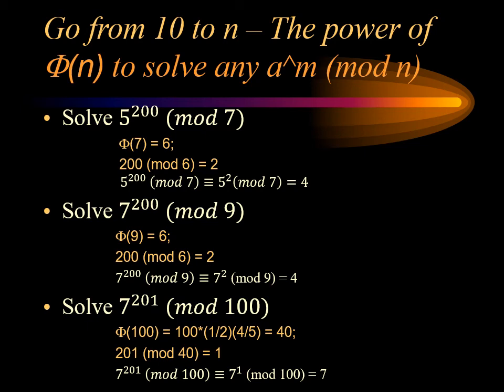And now let's look at a bigger modular number. So we're basically asking, what are the last 2 digits of 7 to the 201st power? In this case, the last 2 digits is really mod 100, and then you can calculate the phi number here. So that's the formula. It's also Euler's formula. You can use the number n times 1 minus